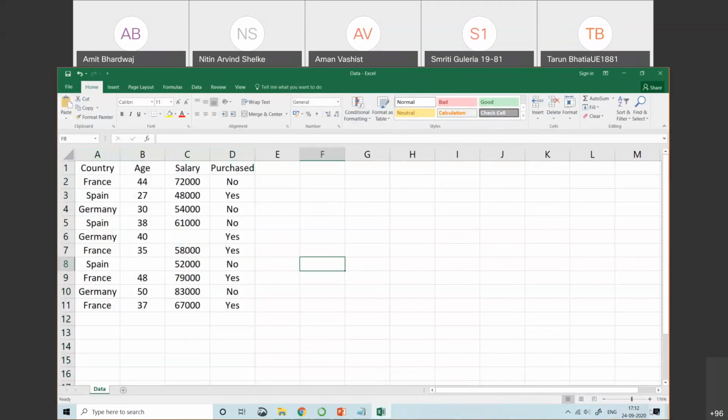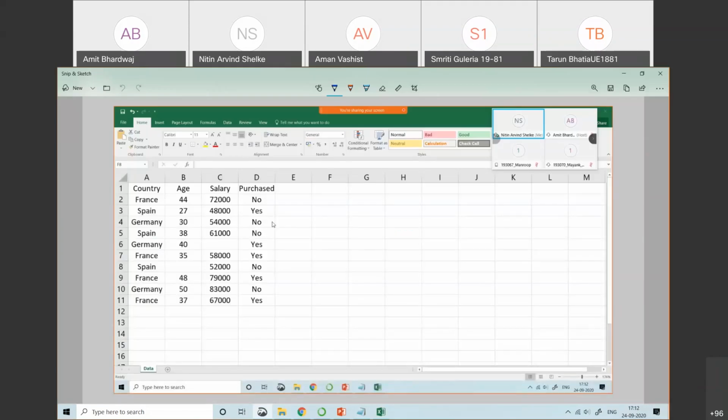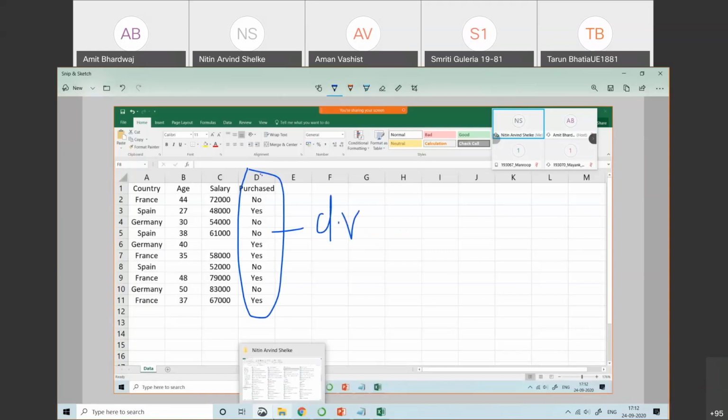As far as this data set is concerned, the last column, the purchase column, is your dependent variable. The last column that we have is the dependent variable. And why is it a dependent variable? Because it depends on these A, B, C columns.